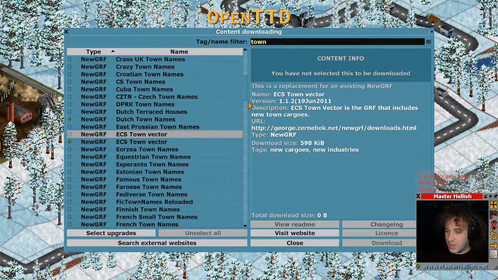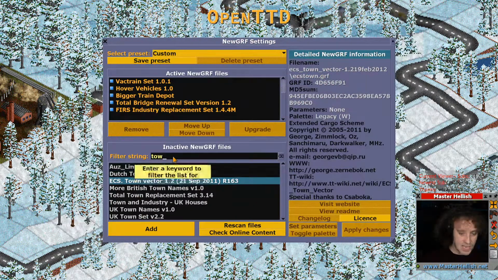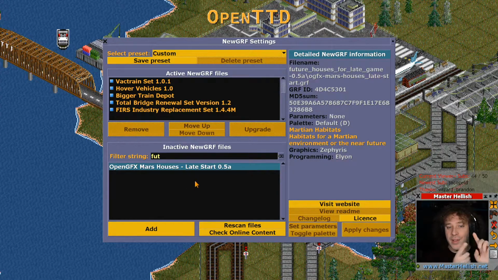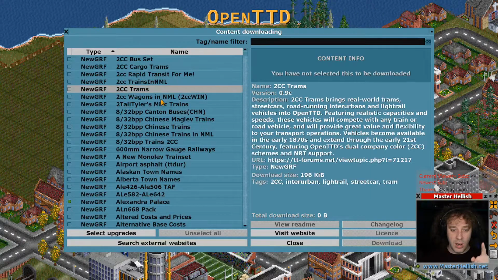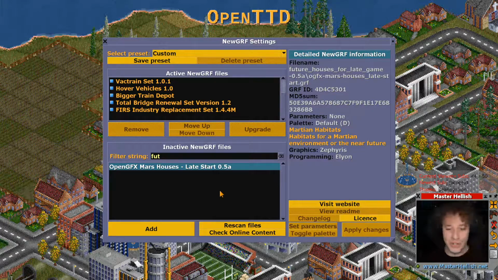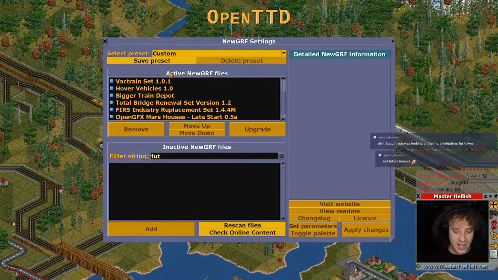I've already installed it. I know I've already downloaded it, but I was looking at what the name was. Because now we need to add it to the active list. There. OpenGFX Mars housing. This is the problem, right? The name of the mod in the name list in the online content is shown as the name. The name of the mod, when you're looking at the files here, is the description of the mod. And it's different. So let's add that, apply it, and then...